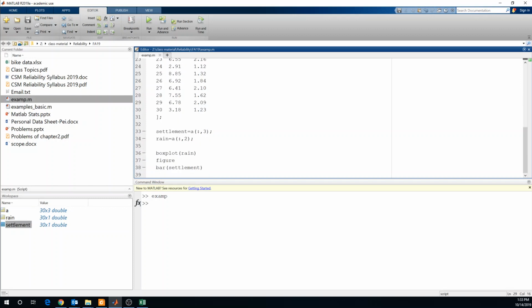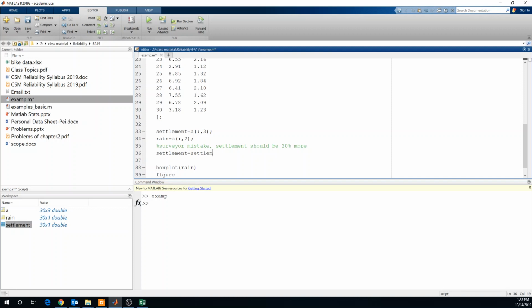All you need to do is come here and add a percentage sign. This one is your command line. Whatever comes after the percentage sign in a Matlab script or function, they don't run. It's just notes to yourself. You say, surveyor mistake, settlement should be 20% more, right? So you make a note to yourself, and then you just do settlement equals settlement